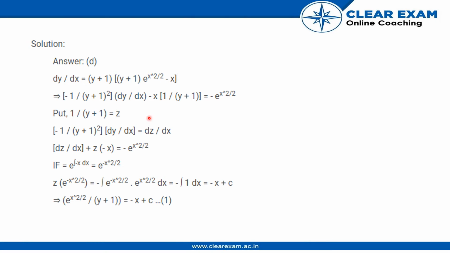Once we have that, we take dz/dx as this term and put it in the equation, and this becomes a very simple ordinary differential equation. We use the integrating factor e^(∫ of the term multiplied by z), which is −x. So we put e^(∫ −x dx), which becomes e^(−x²/2), and thus we multiply z by the integrating factor